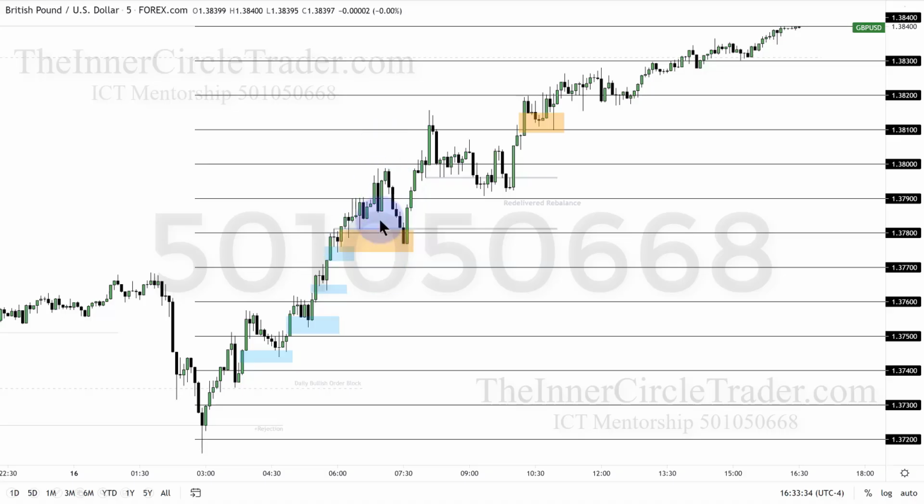After 7 o'clock, that's your Judas swing. Then it rallies. Then you go into redelivered rebalance. That starts with the framework here on a 15-minute time frame. If you go back and look at what I showed you on Friday's daily log entry, you'll see the redelivered rebalance, the ranges. We trade down into here for another buy,